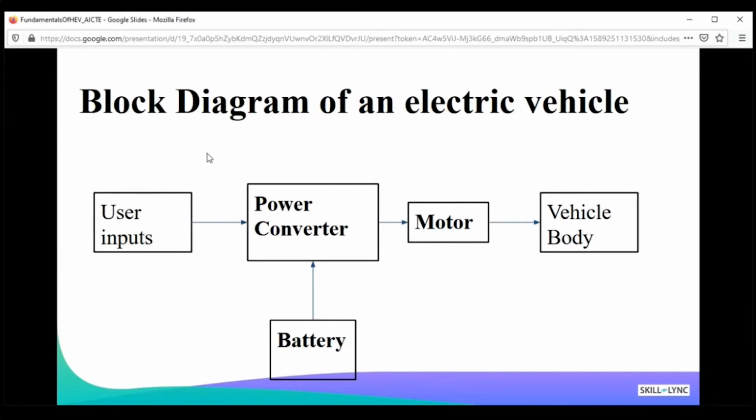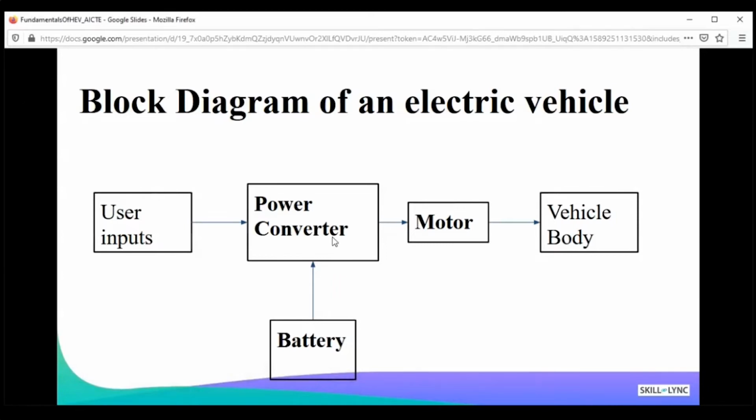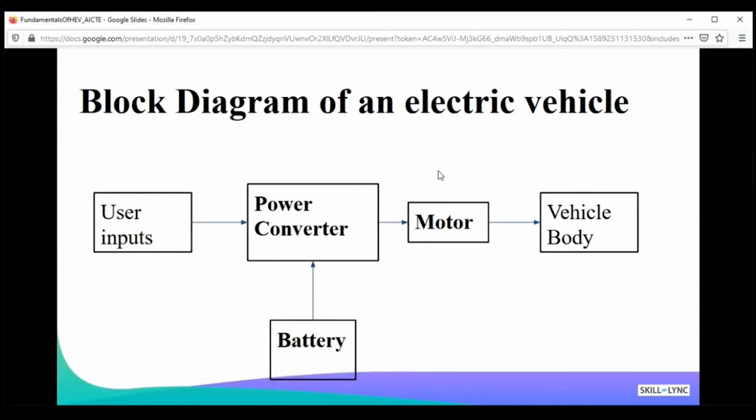And this is a very simple arrangement. In fact, there will be a feedback loop, right? And there are a lot of other subcomponents over here, right? So because the motor shaft cannot be directly connected with the vehicle body, there may be a gear system. The battery and the power converter may be having some mismatch of the voltage, right? If you are using a very high voltage system, and if your battery is low voltage or at another voltage, then you will require a DC-DC converter over here, right? So there are many other subcomponents as well, which I have not included for simplicity.